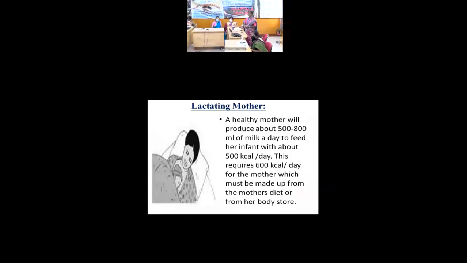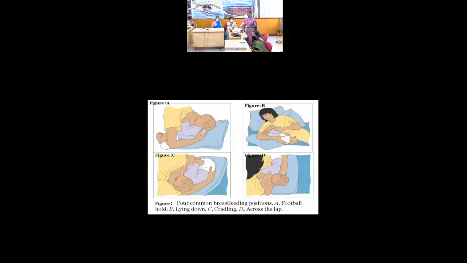Then the lactating mother. A healthy mother will produce about 500 to 800 ml of milk a day to feed her infant with about 500 kilocalories per day. This requires 600 kilocalories per day for the mother, which must be made up from the mother's diet or from her body. So this is the